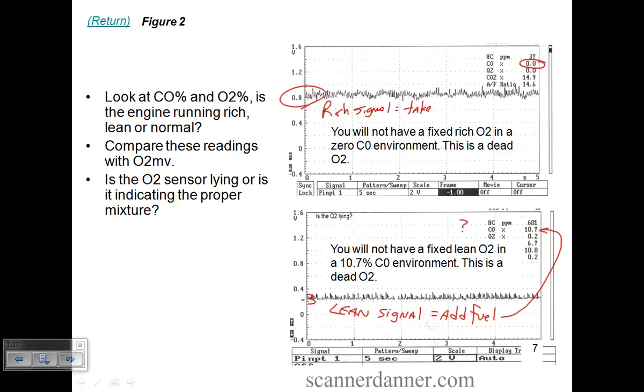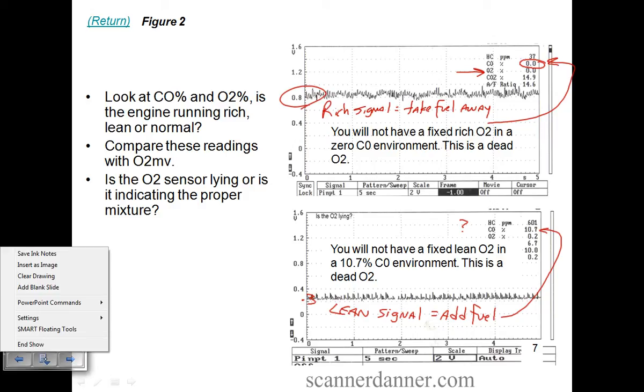It can't add air. Take fuel away. Are we seeing that? In that I have no CO. Now, it would be nice if my oxygen sensor reading was working on here. I don't think it was. I would have expected an elevated O2 reading here, but